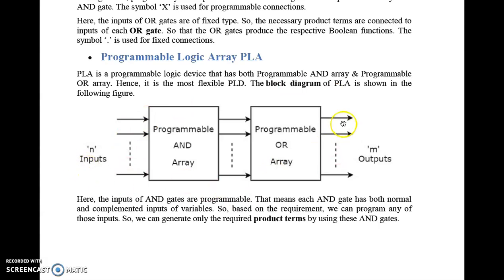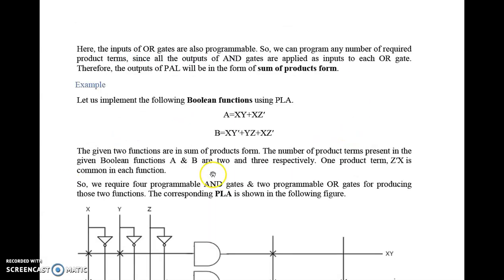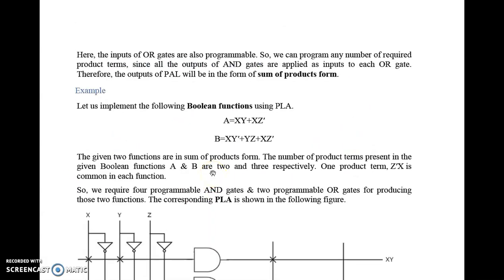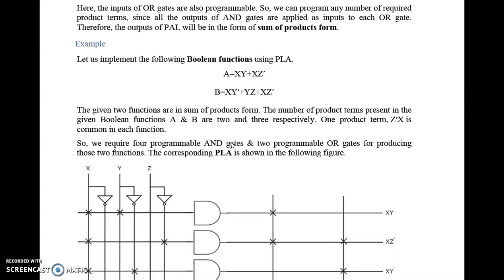This figure shows the block diagram of PLA. So we'll see with an example how it works. Let's implement the following Boolean functions using the PLA. Here we have the function A equal to xy plus xz bar, and the other one is B equal to xy bar plus yz plus xz bar. So we'll see this using